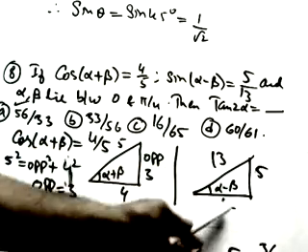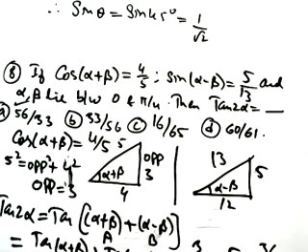We already know this is the very basics from the SSC. When we know two sides and we want the third side, we have to use the Pythagoras theorem. Also we have to learn by heart these values: 3, 4, 5; 5, 12, 13; 15, 8, 17, like that. A few values we can learn by heart, okay.